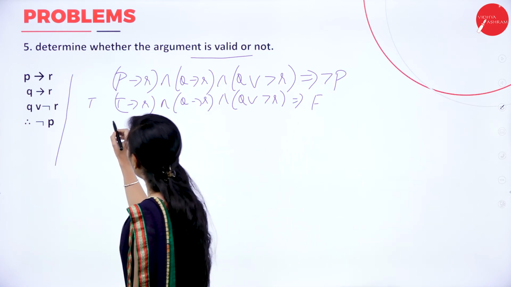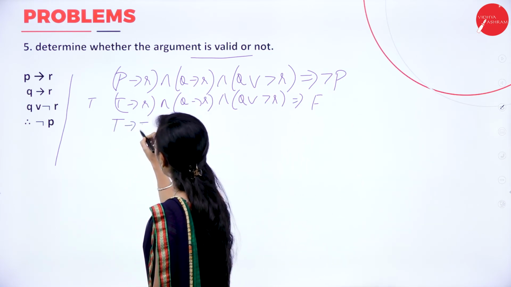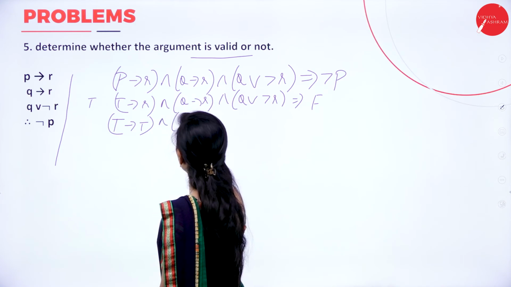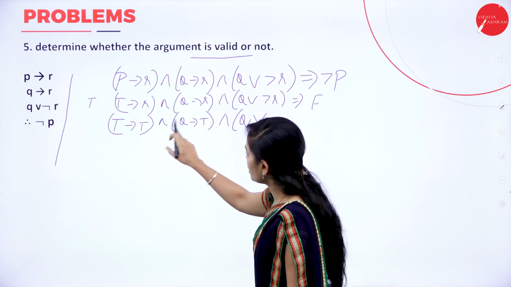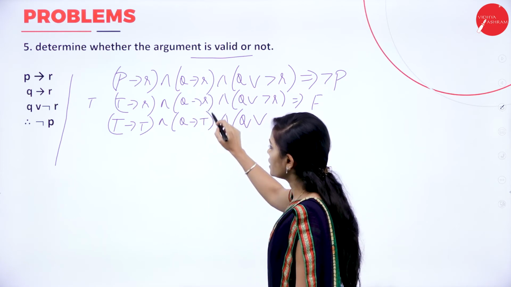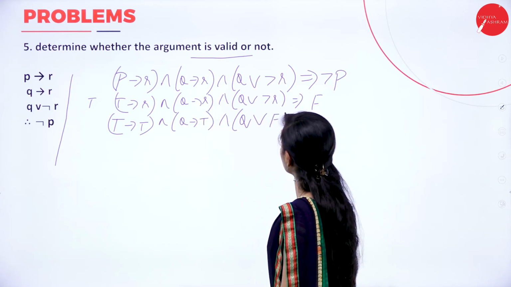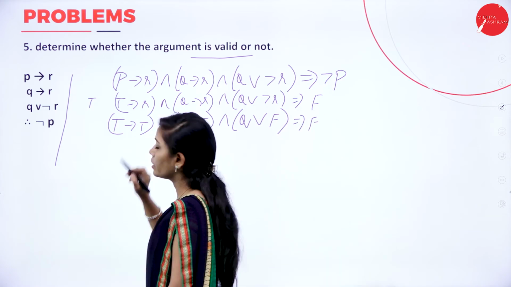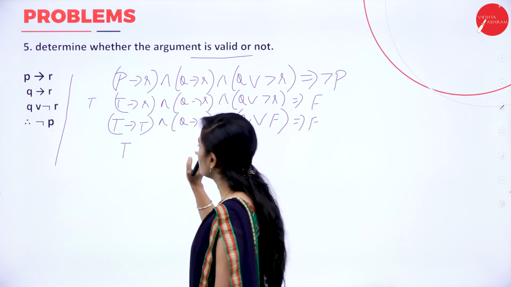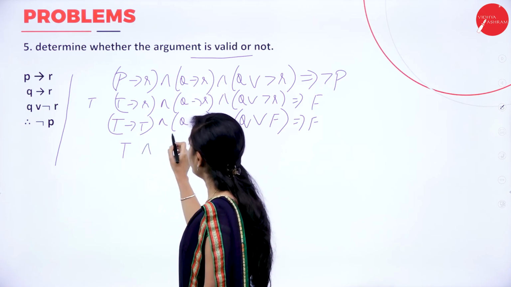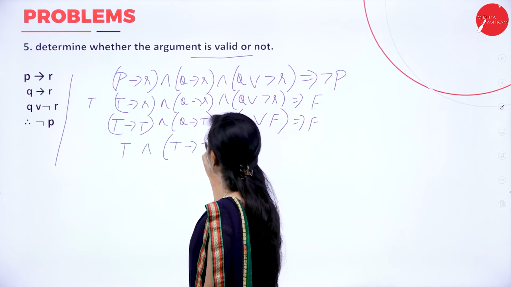And if R is true, and Q or negation R means what? If R is true, negation R is false. So true implies true means it is true. So R is true. And if Q is true,